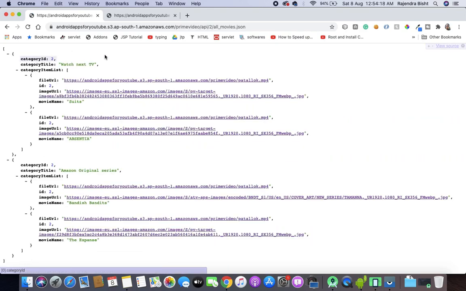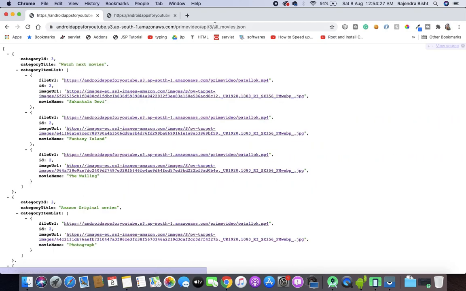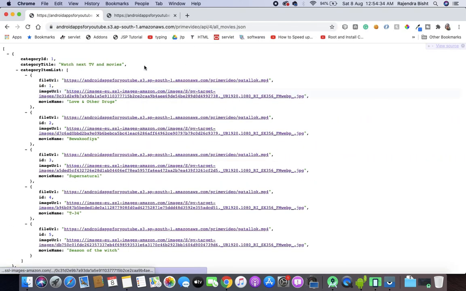So this is for category ID 2, and similarly category ID 3 and 4, which is for kids. So this is our endpoint.